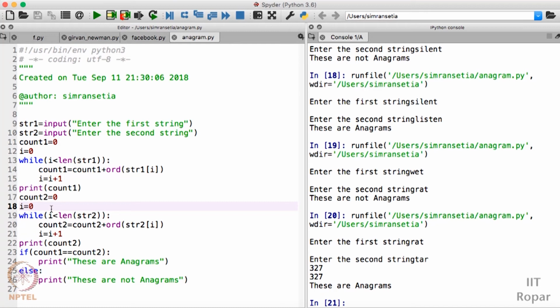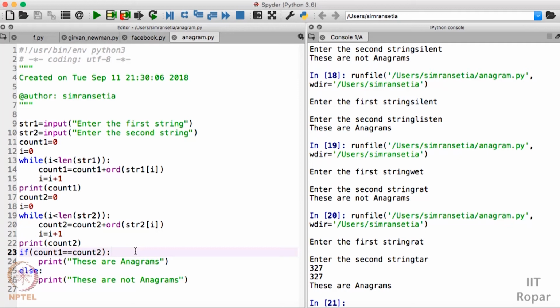I wrote I is equal to 0. Then I again had a while loop which will count the sum of ASCII values of the characters present in str2. And then I printed this count2 value, and then I checked if count1 is equal to count2. If these both are equal, then these are anagrams, otherwise these are not anagrams.